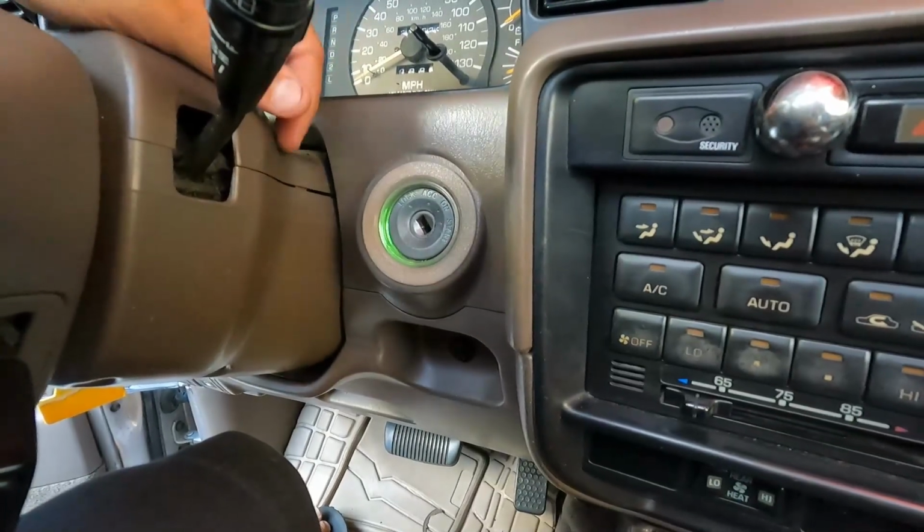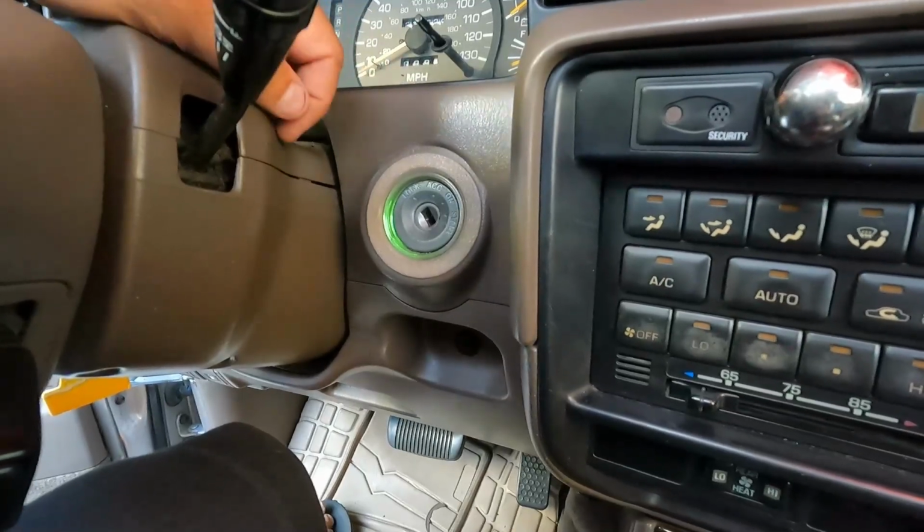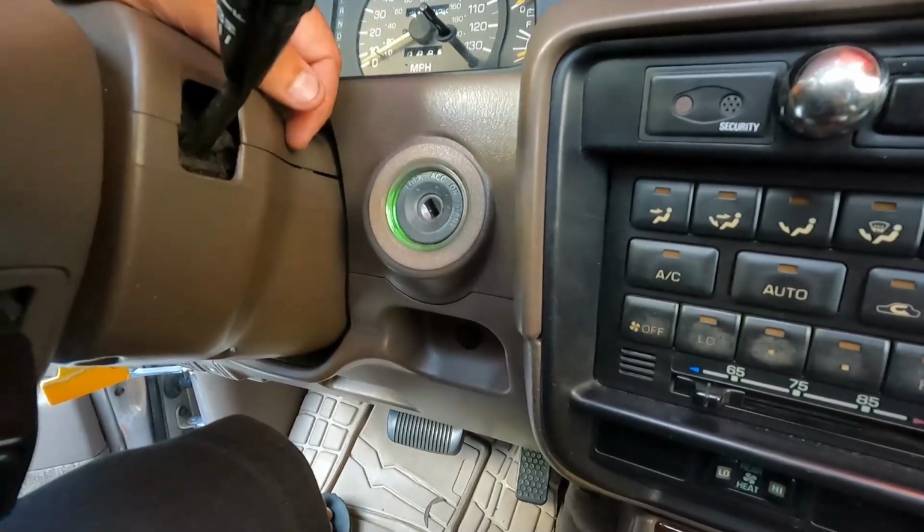Now, Solve Function makes a few other things for 80 series Land Cruisers and Lexus LX450s. I'll probably be doing a couple other videos on some of their stuff, but just want to give them a quick little shout out